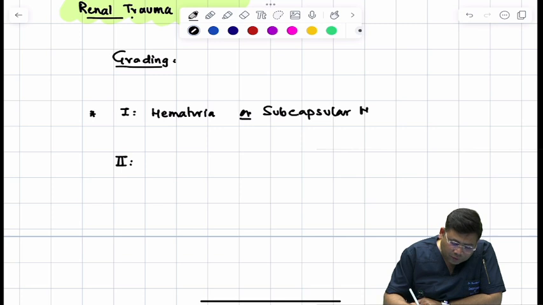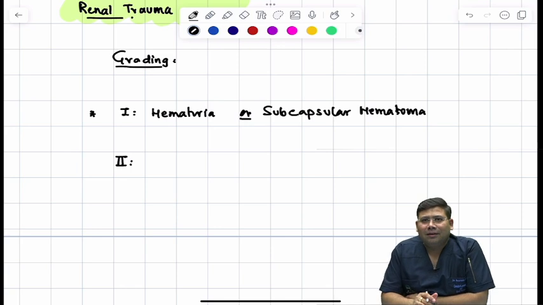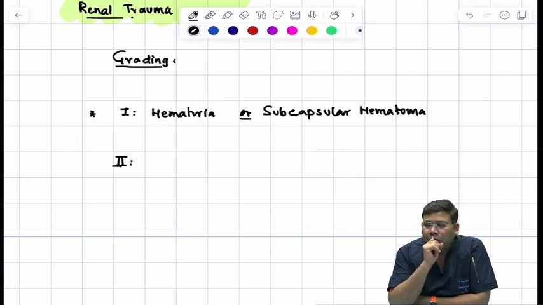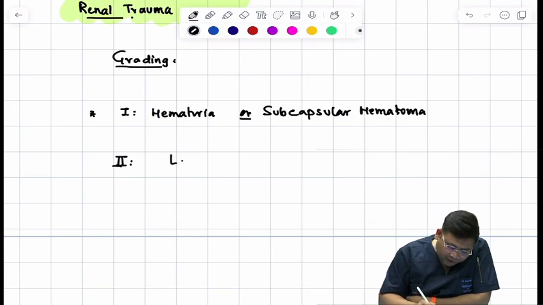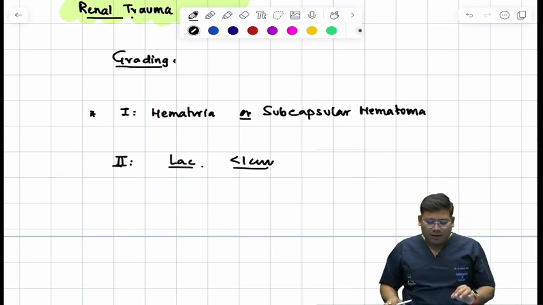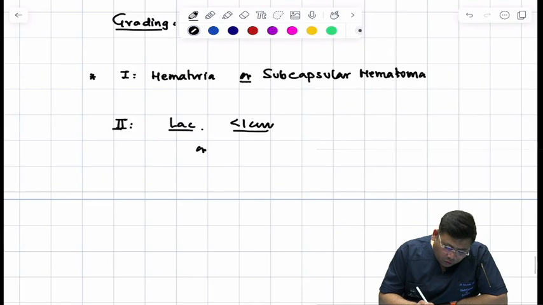So subcapsular hematoma or hematuria. The second thing that we need to understand is, what about grade 2? What is grade 2, students? Grade 2 is defined as laceration less than 1 centimeter. So laceration less than 1 centimeter is your grade 2, or non-expanding